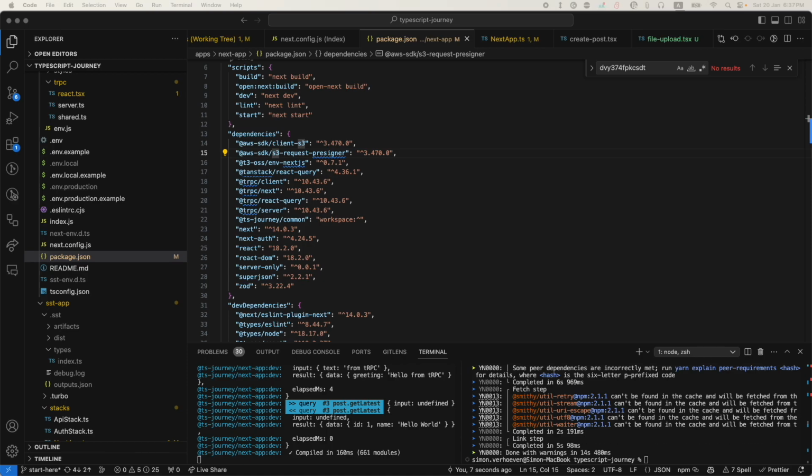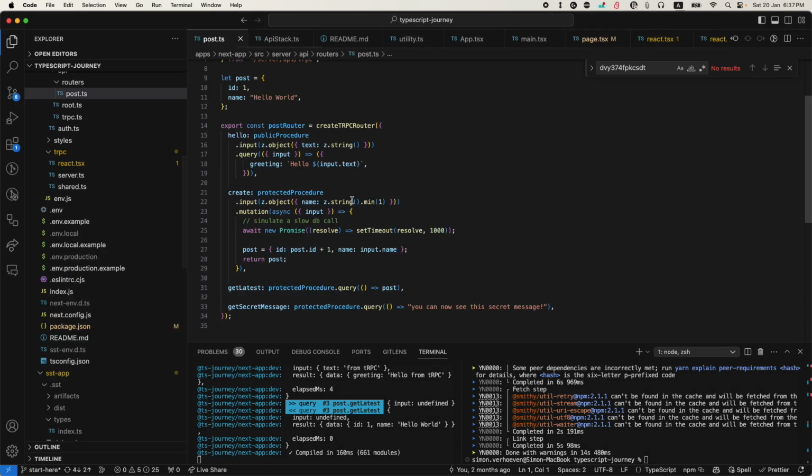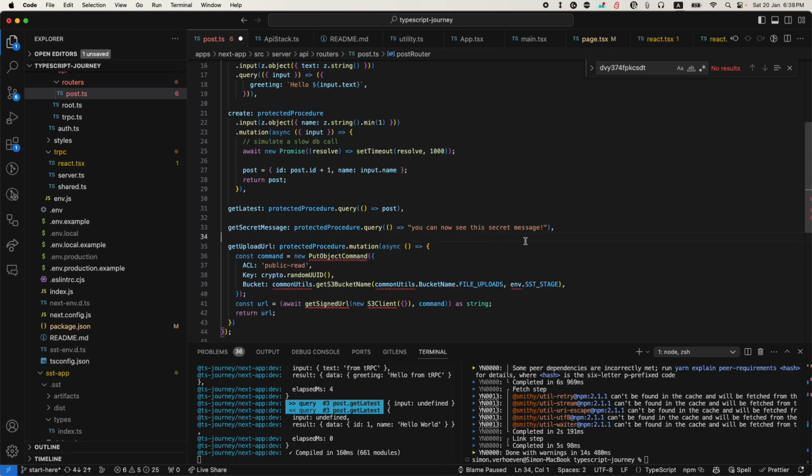And now I have that, I can go to my posts API. In here, this is the API for my Next.js application. And I can create a new route down here, like so. What this is going to do is going to be a protected procedure. It's going to create a put object command, and it's going to then return a signed URL, which is going to allow me to upload to S3. So I need to import these things here. So the put command,